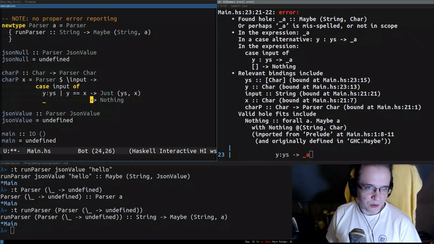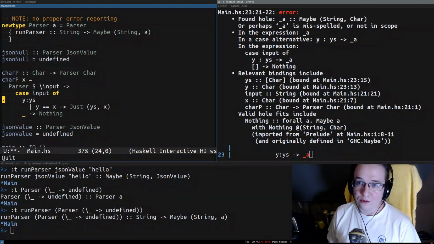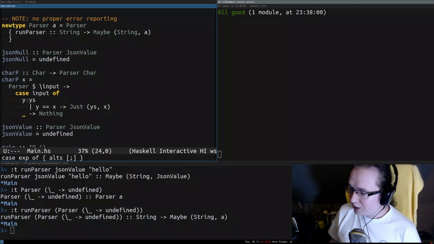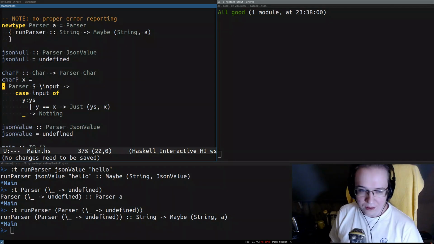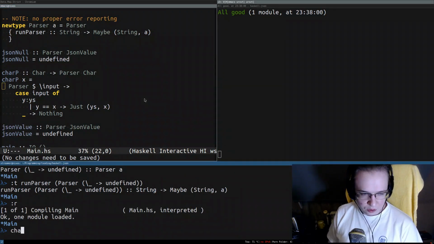And after that, we may want to format all of that, and this is the formatting. And there you go, it actually compiles. We have a parser that is capable of parsing a single character. Would you look at that, boys and girls? So, charP,